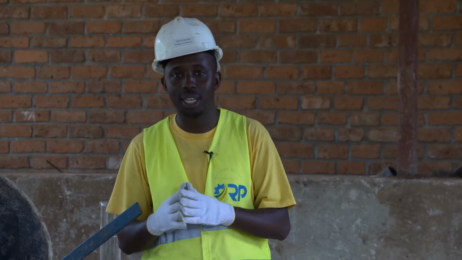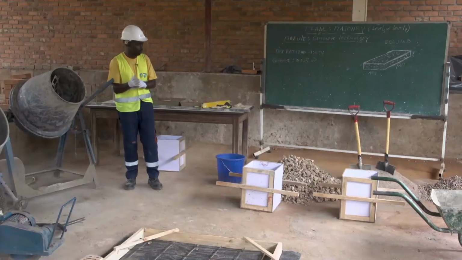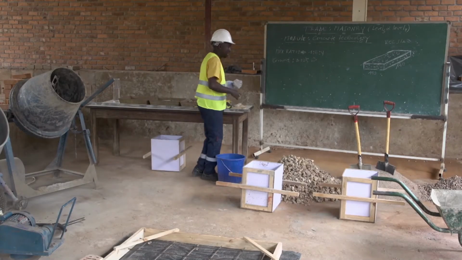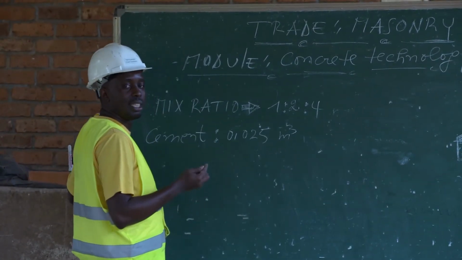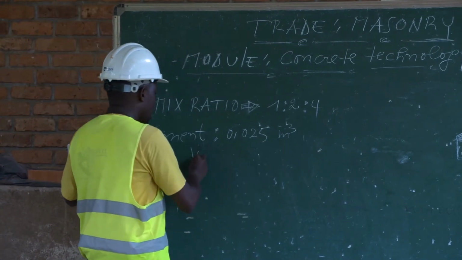But before making that slab, remember in the previous session, we went through some steps, like the selection of concrete tools, the batching process, and now we are going to start the mixing process. But before the mixing, let us try to find out the quantity of water that we are going to use during the mixing. So to calculate the quantity of water to be used, let us take the water to cement